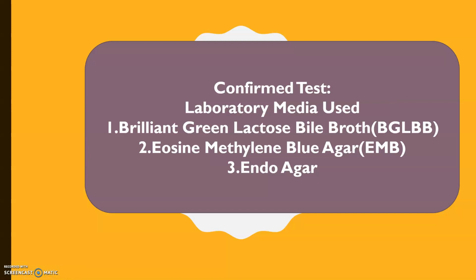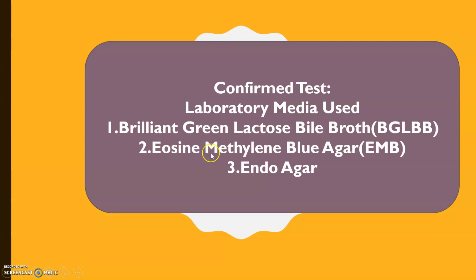First, we have to see the brilliant green lactose bile broth. This is the selective medium for coliform bacteria. This medium has bile salt, or sodium taurocholate, inhibiting non-intestinal bacteria, and the brilliant green present inhibits the growth of gram-positive bacteria. Therefore, there is no probability of lactose fermentation in the medium by other bacteria and of synergistic action.